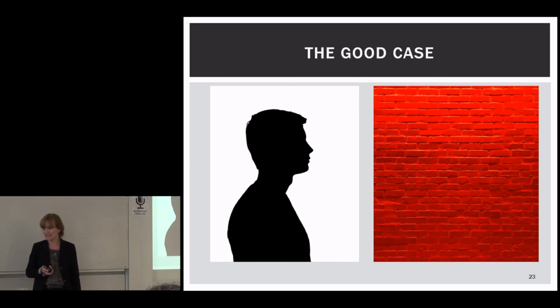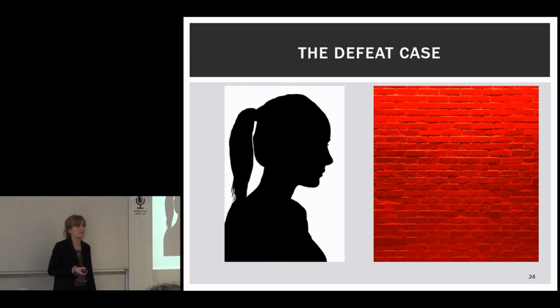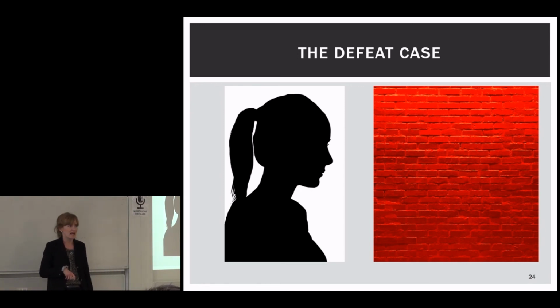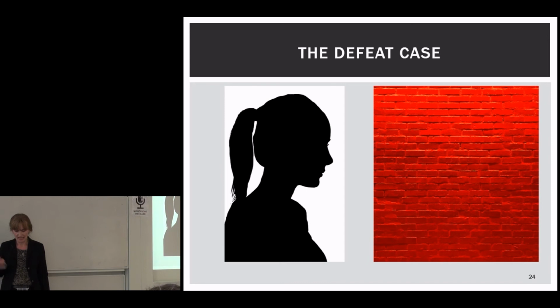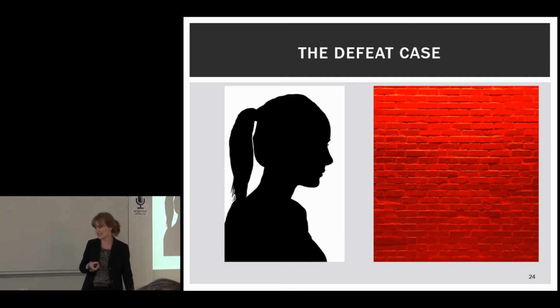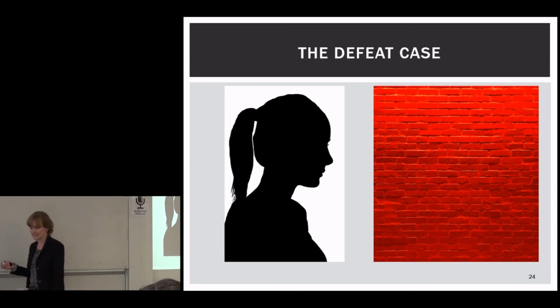And it should retain that status, except that we can also think of a variant on the case, which superficially seems like it shares all the external characteristics of the original good case Gordon situation. So here's the defeat case involving Deanna. She also is facing a bright red wall, and her eyesight is just as good as Gordon's, and the wall is the same distance, and the lighting is the same. It looks like all the external circumstances are precisely the same. However, famously,